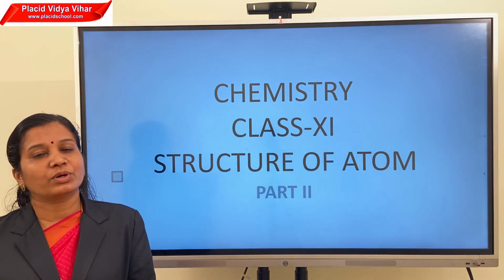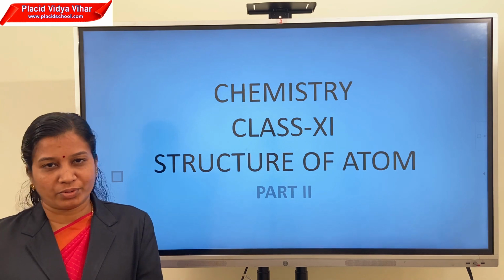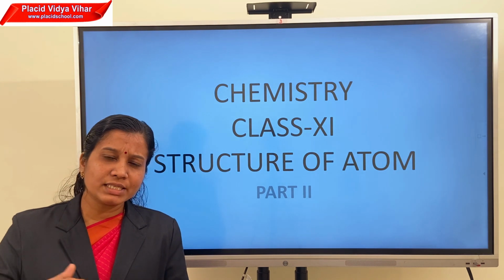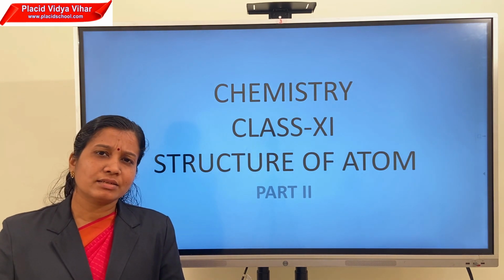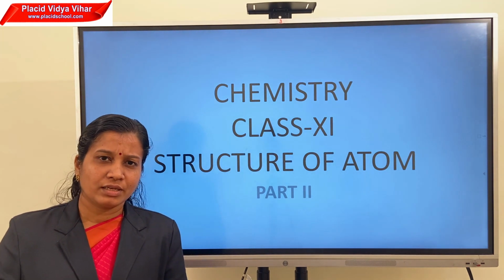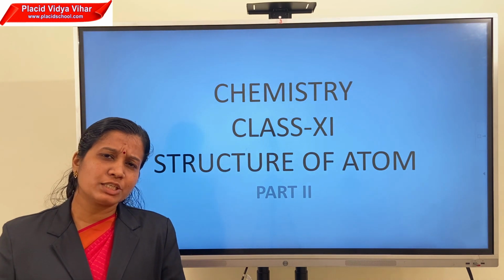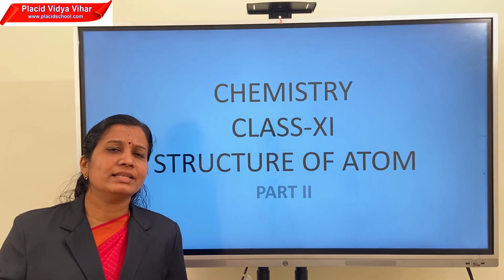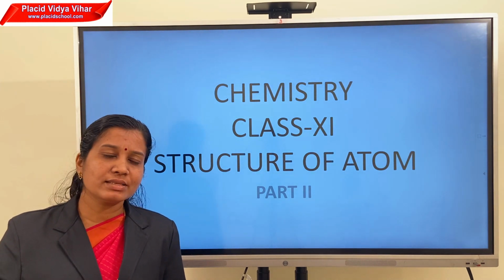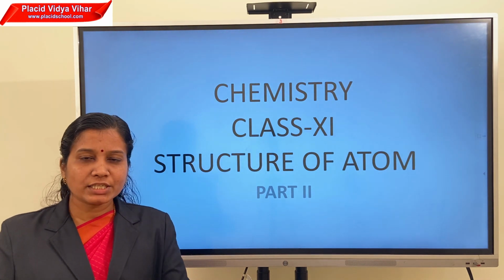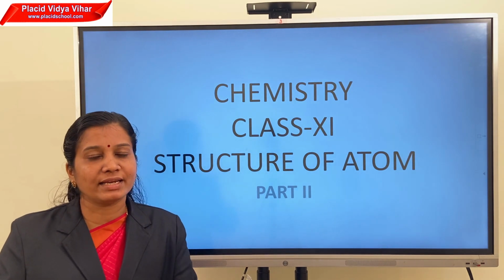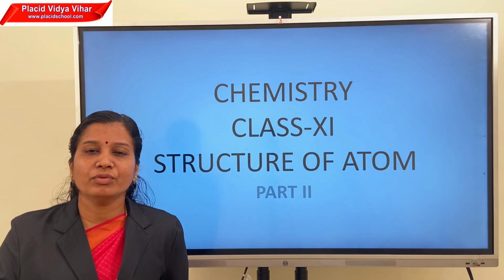Okay. So today you are going to see the discovery of the proton. Before going to that, what led to the discovery? After the discovery of the electron, scientists thought that the atom as a whole is electrically neutral. So some positively charged particle also must be there inside the atom. Then only that theory completes. Atom as a whole is electrically neutral, so in addition to that negatively charged particle, some positively charged particle also must be there inside the atom. That led to the discovery of the proton.